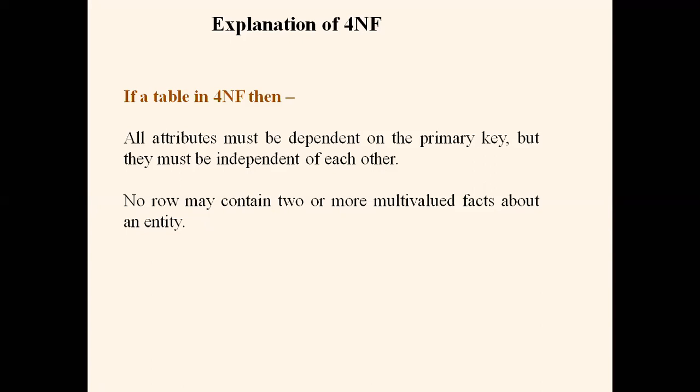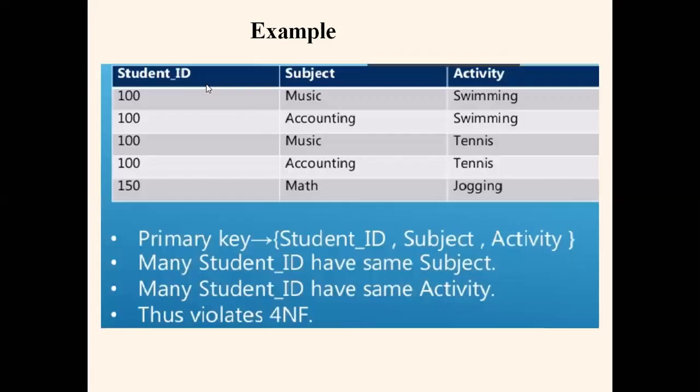Like the entity should not have a multi-valued attribute. Any value should not repeat within the same table as well. If the related attributes have different values, adjacent attributes and their values, then it is okay, but it should not follow the same. We'll see over the example. Okay, let us have an example of it.